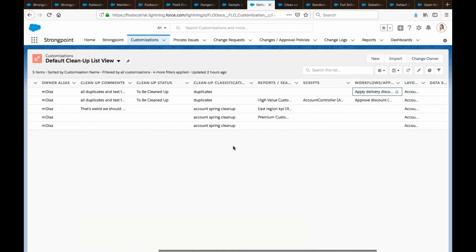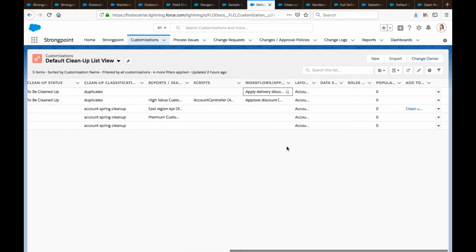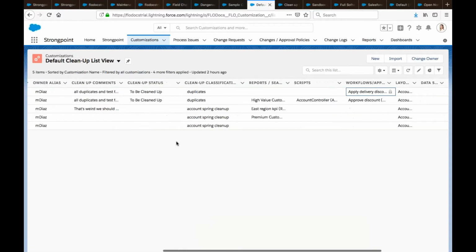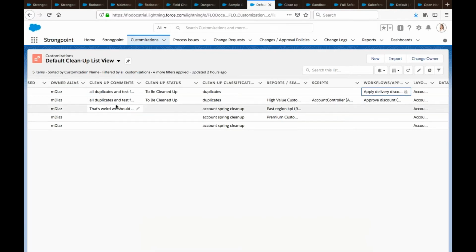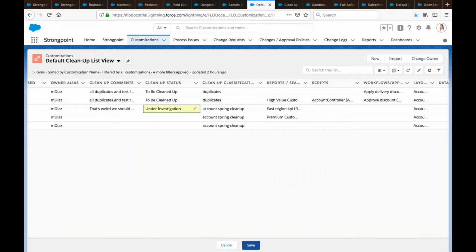These don't have any scripting or workflows or other complex dependencies against them, and therefore we're feeling pretty comfortable cleaning them up. We can actually go right in this view and create a cleanup process, and organize our work. We can make notes about what we need to investigate for cleanup. We can set the status. So we can say, actually, I think this needs to be under investigation, perhaps, or maybe this is to be cleaned up. And we can work in a very efficient way to build